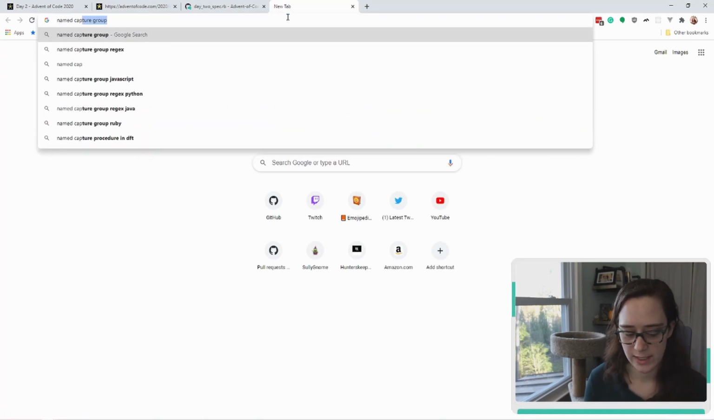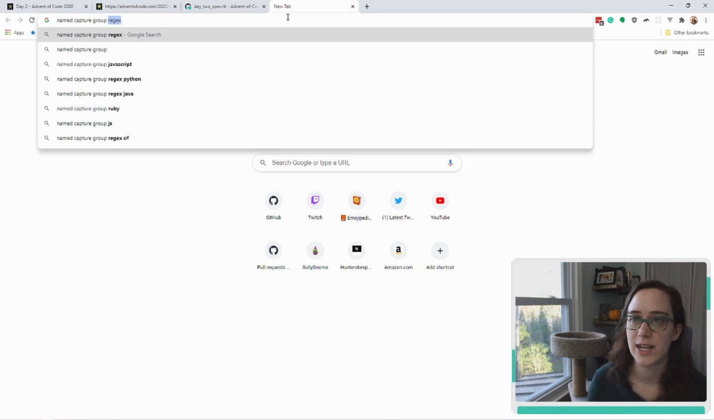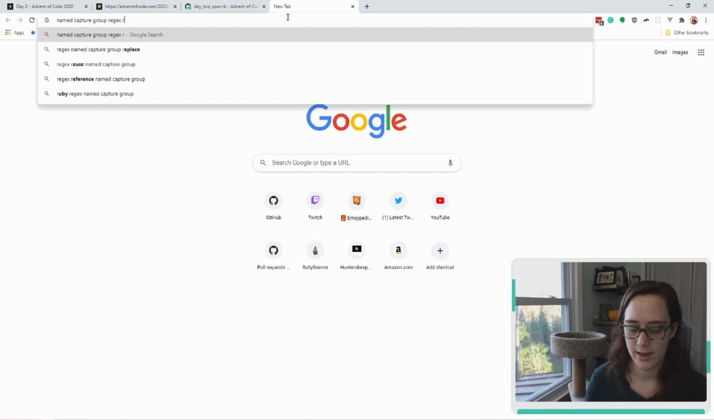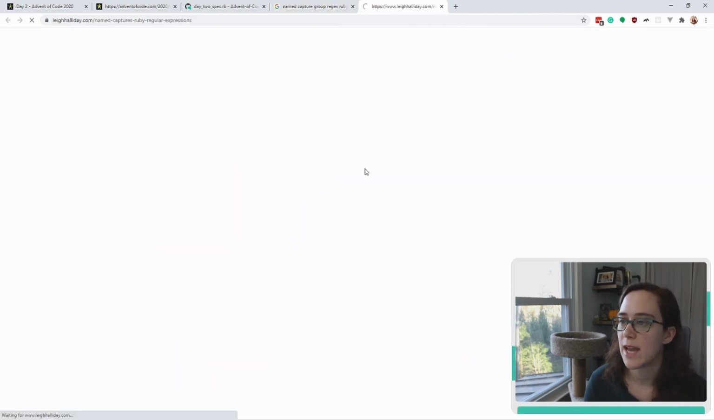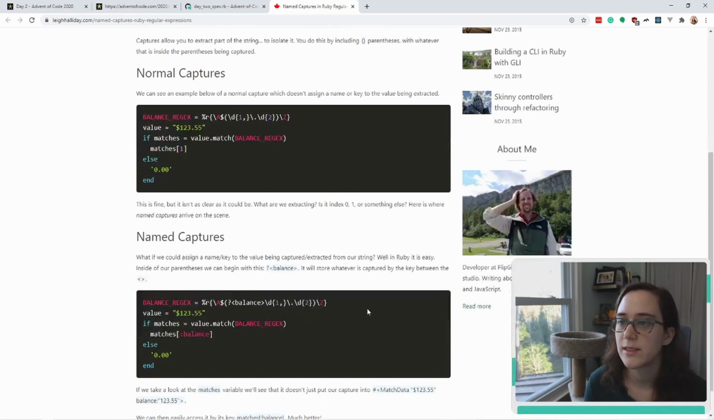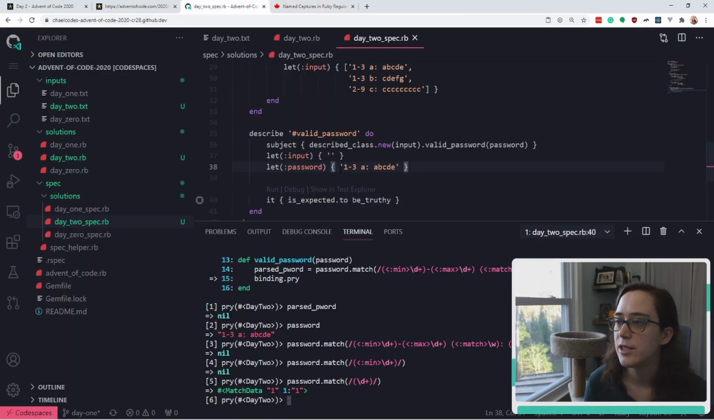So named capture groups. A capture group is just a way of finding something in regex and saying, I want this to be returned. Named capture in Ruby regular expressions, named captures. Oh, there's a question mark. Oh, there's no colon. Is the question mark important? The question mark is important. Okay, good to know. So we're going to do